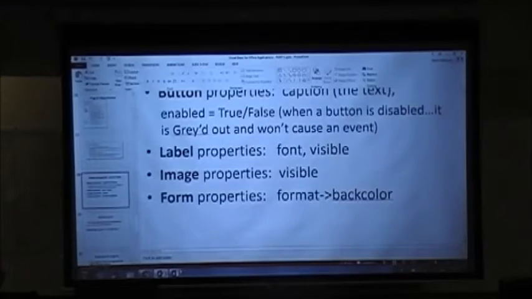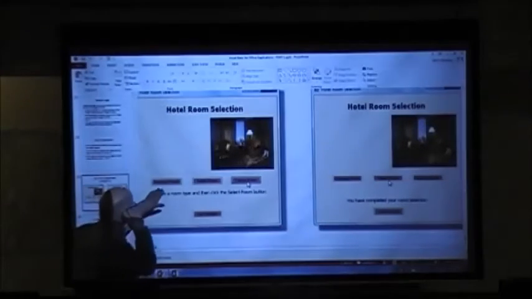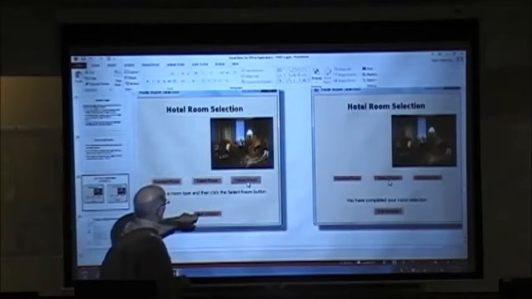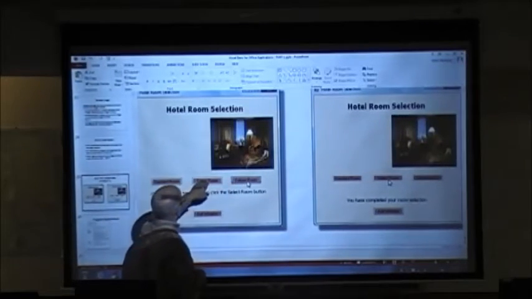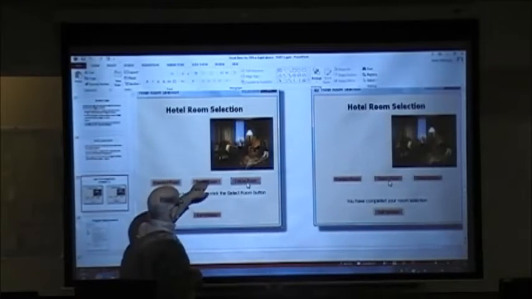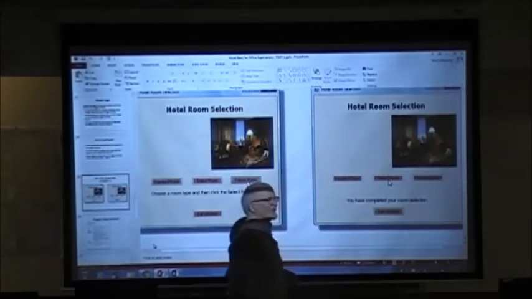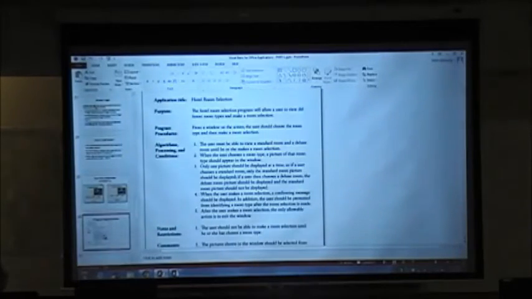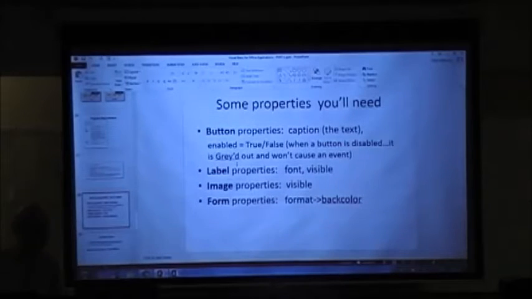So, just looking back at that again, initially, until the user makes a selection, the exit window is disabled. So they can choose this button, or this button. Once they choose this button, it displays this message, disables those buttons, and only enables the exit window button. And displays that label. So, just to show you some of the properties you will need to know about,